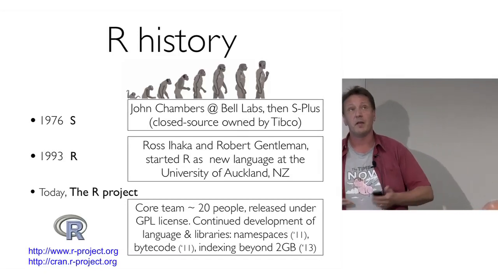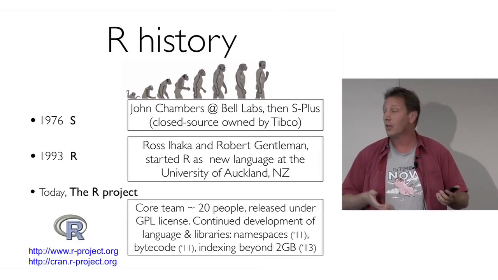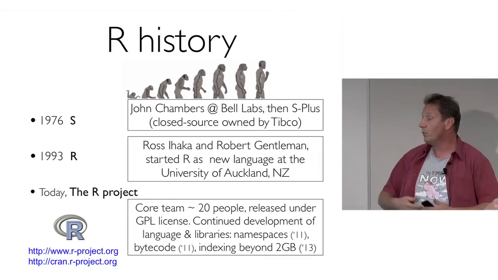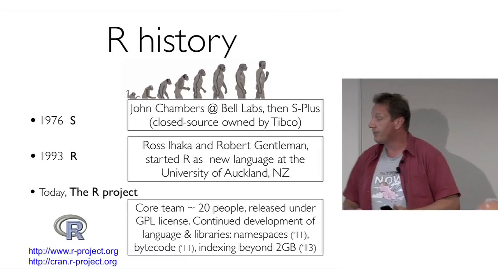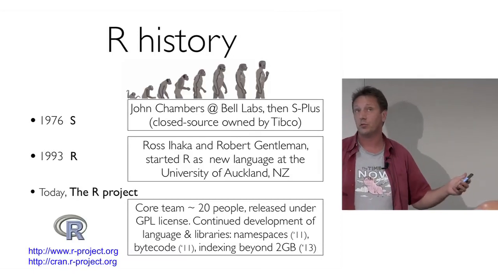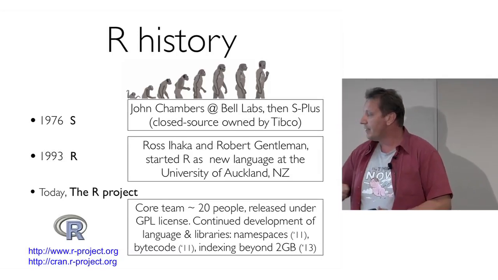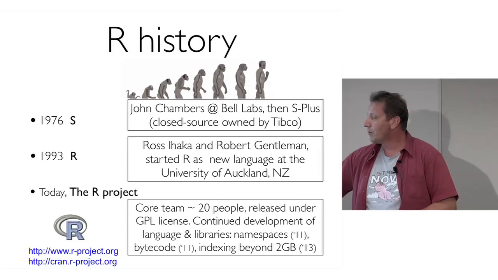So for many years, R was interpreted as an AST interpreter. About a year ago, they moved to bytecode. So they've recently moved away from 32-bit indexing. So they're moving along, but it is hard because the core team